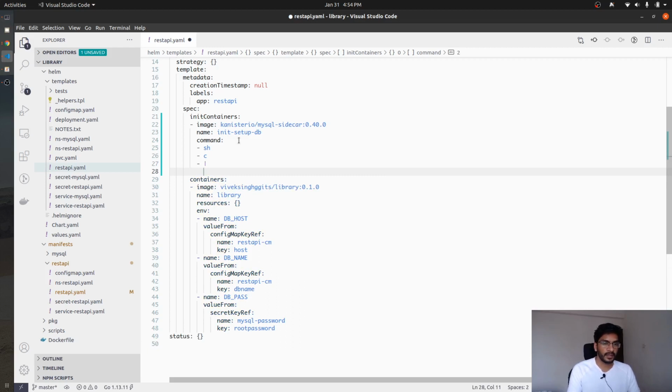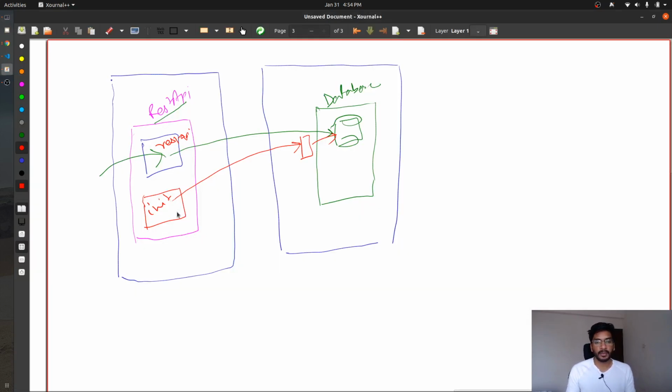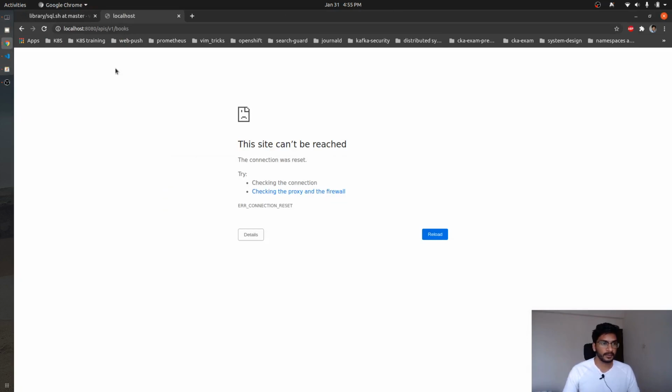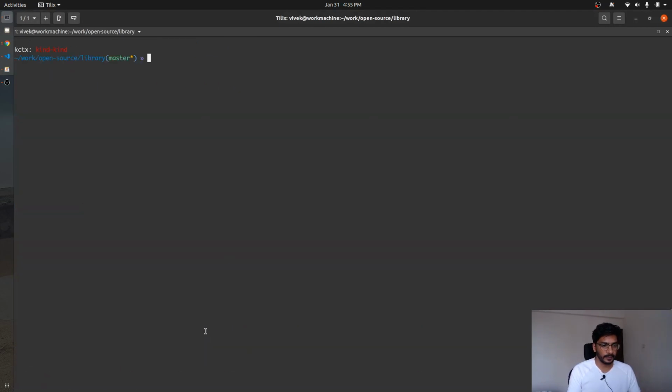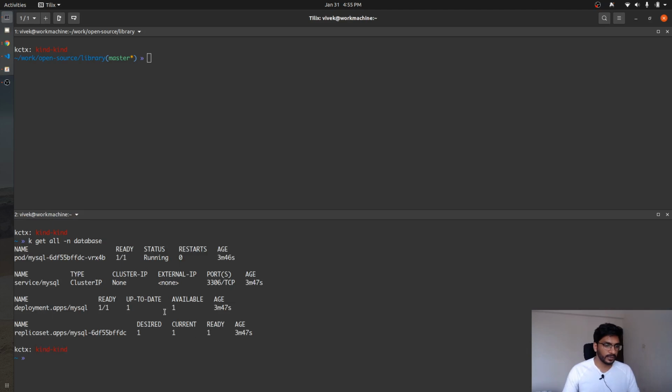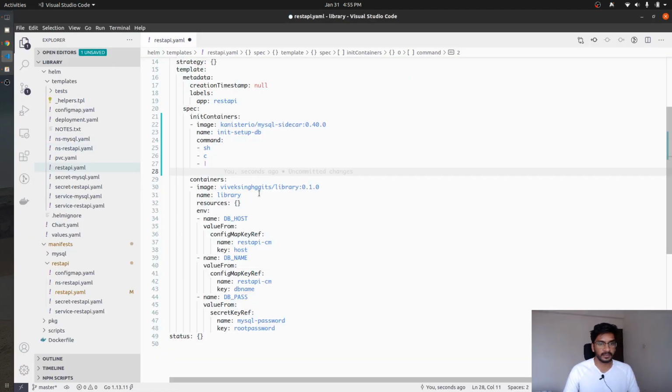the commands, and the command that I'm going to use is MySQL to connect to this particular database using the service this database is exposed through, and then we are going to run a dummy command just to check if the MySQL database is able to accept the connections or not. So we can see that as part of our Helm chart, we also create a MySQL service, and that is the service that we are going to use to actually